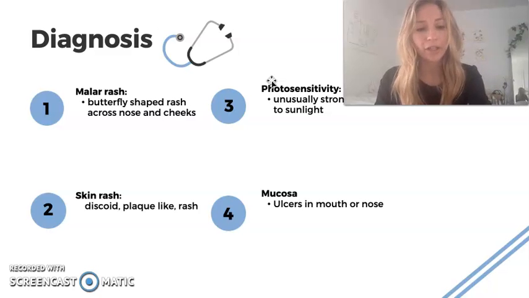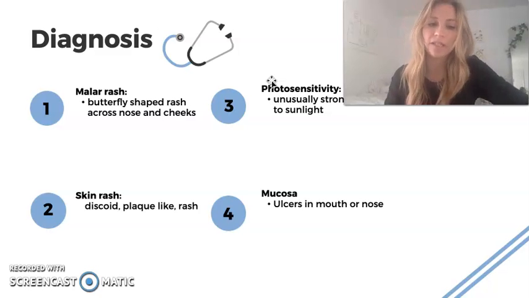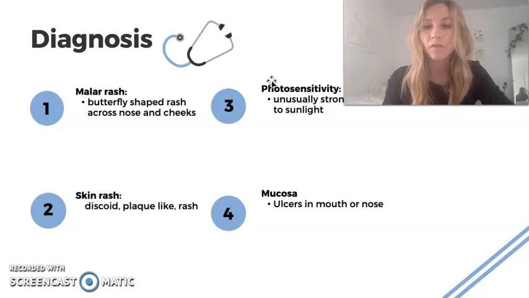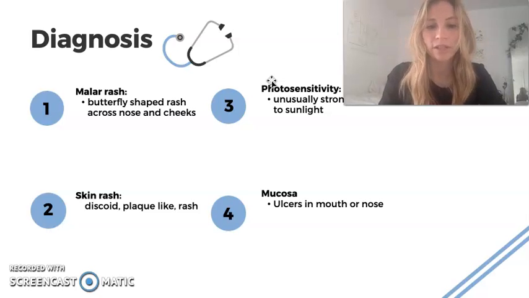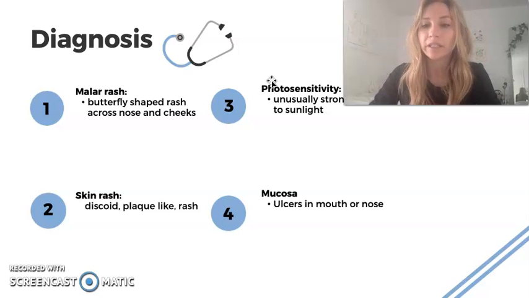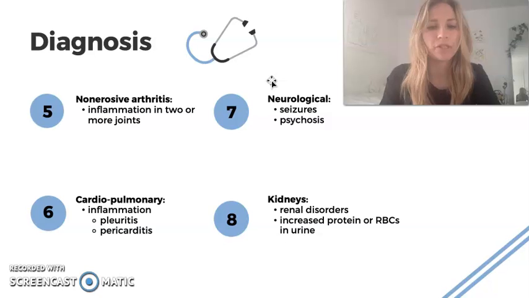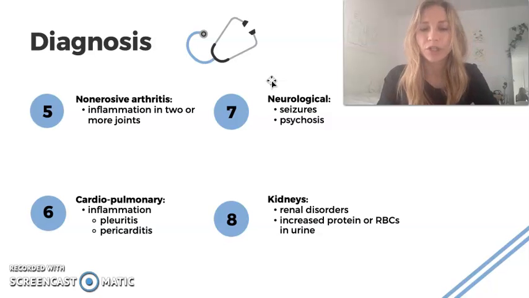So, diagnosis. Because of the variability of the disease, there must be at least 4 of the following 11 criteria met before we can confidently say that someone has lupus. And these are, first and foremost, the malar rash, which I just showed you, as well as the discoid skin rash. Photosensitivity to light, so UV radiation is one of the main triggers as far as lupus patients go. Then mucosal ulcers in the mouth or nose, and non-erosive arthritis, so inflammation in 2 or more joints,